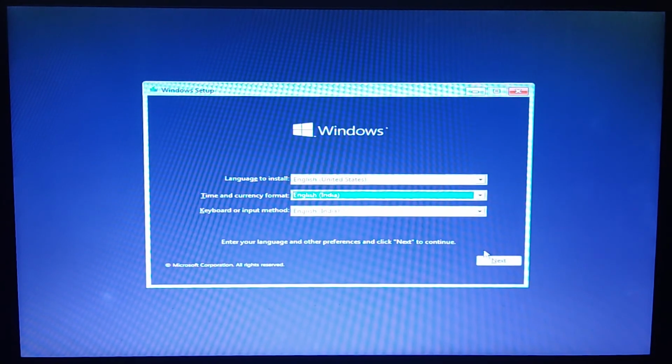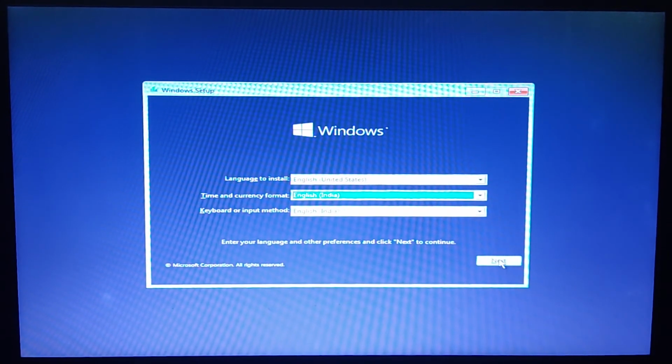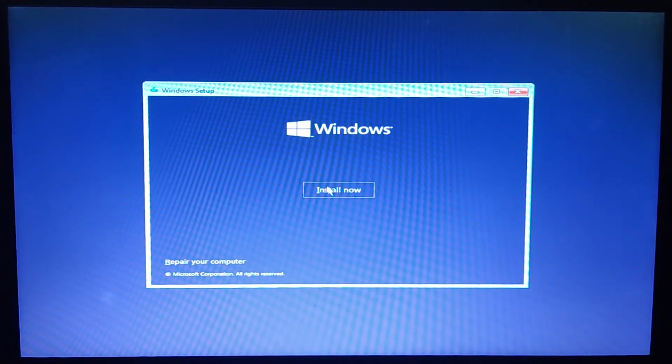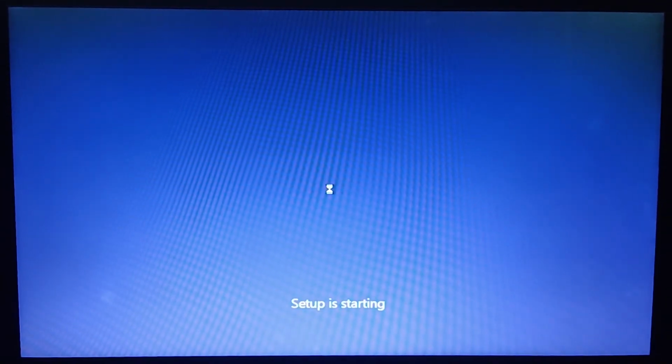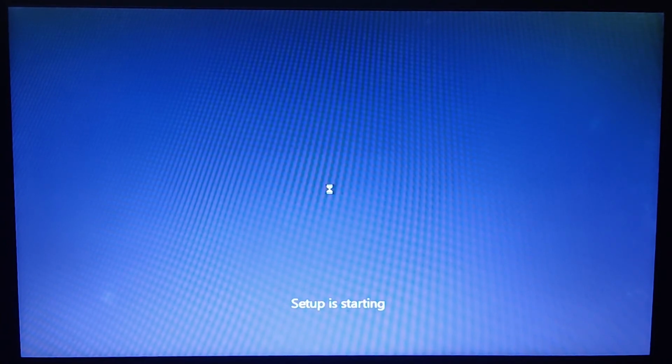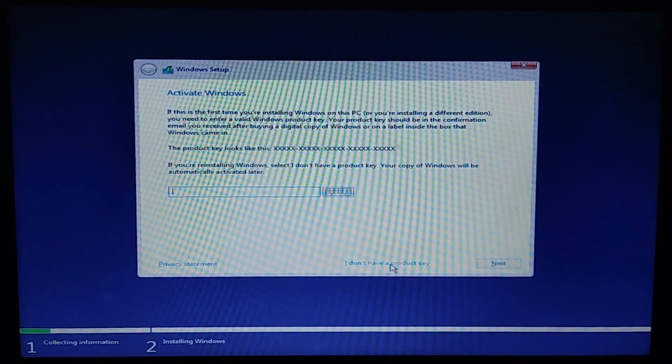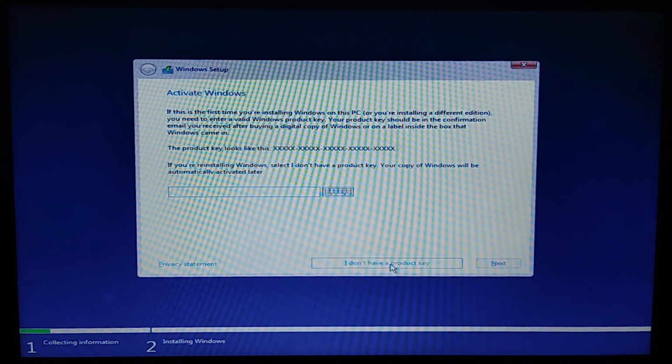Then we have to click Next. Then Install now. Here we have to click I don't have a product key.